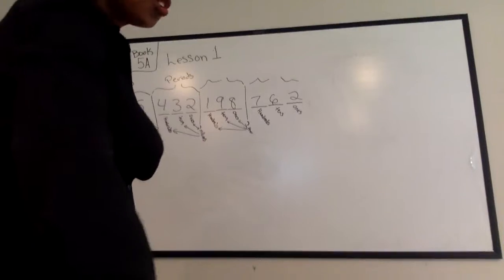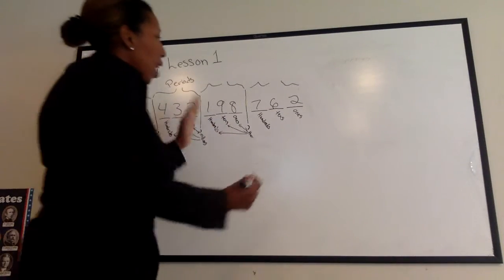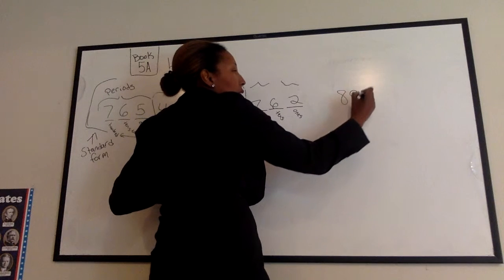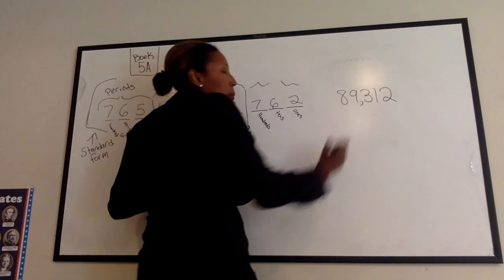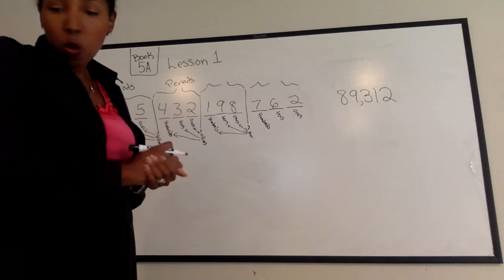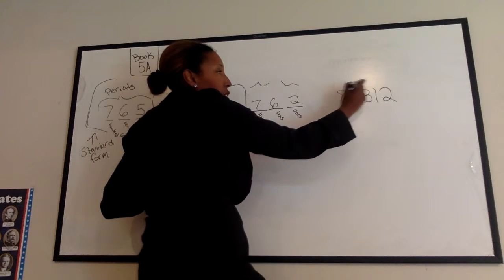So you want to make sure you know the digit spot. The digit spot is going to be wherever it would fall. So if I have 8, 9, 3, 1, 2, I'm going to go back, 1, 2, 3, put my comma. If they say what spot or what is the value of the 9, so this 9, if they're asking this